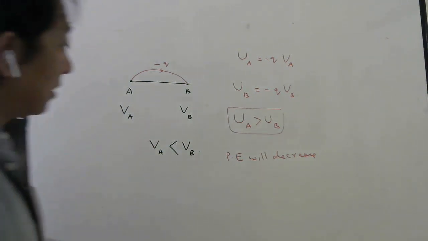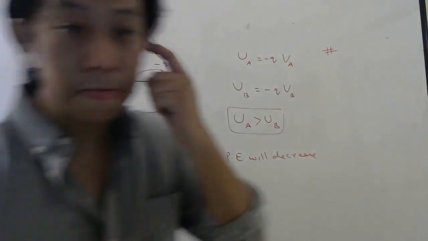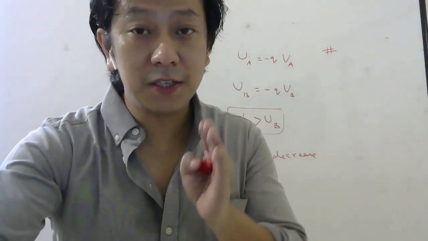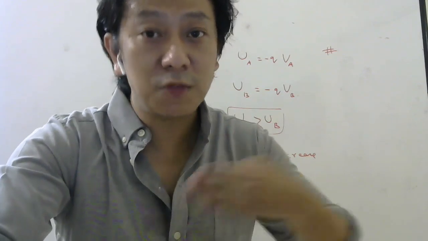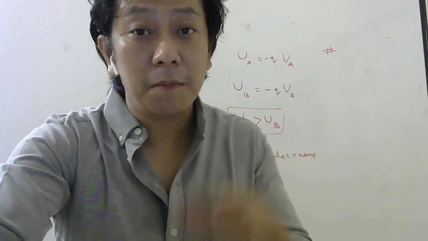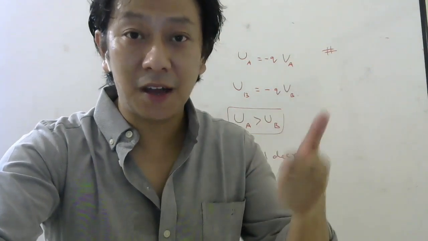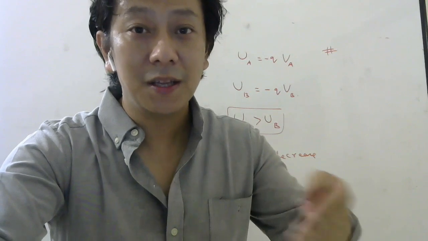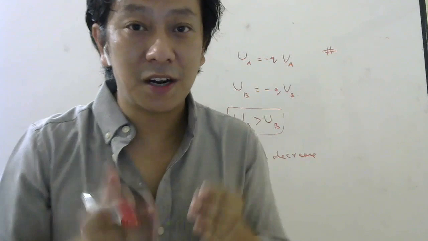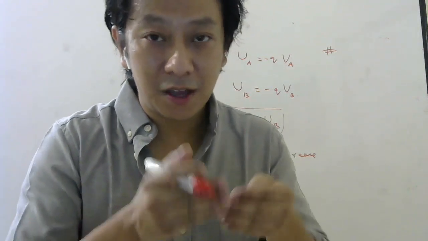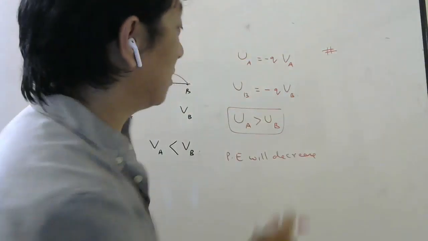Another thing, let me add here, something very important. Listen to me carefully. A system always wants to be stable, and therefore if you leave the system, it always wants to be stable. And how does it become stable? By having least potential energy. If you remember chemical reactions also, they go forward in such a way that they minimize the energy, right? Kiran sir must have told you that a system always tries to minimize its energy. So the reactions will be spontaneous if it loses energy. Okay, students? So listen carefully here.